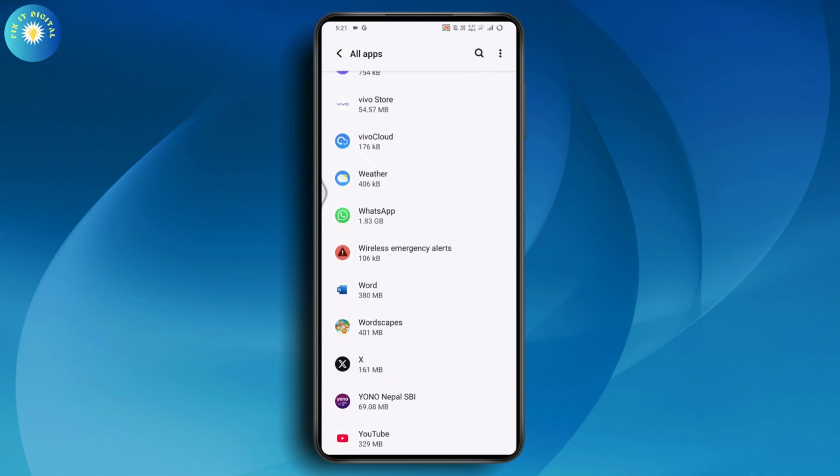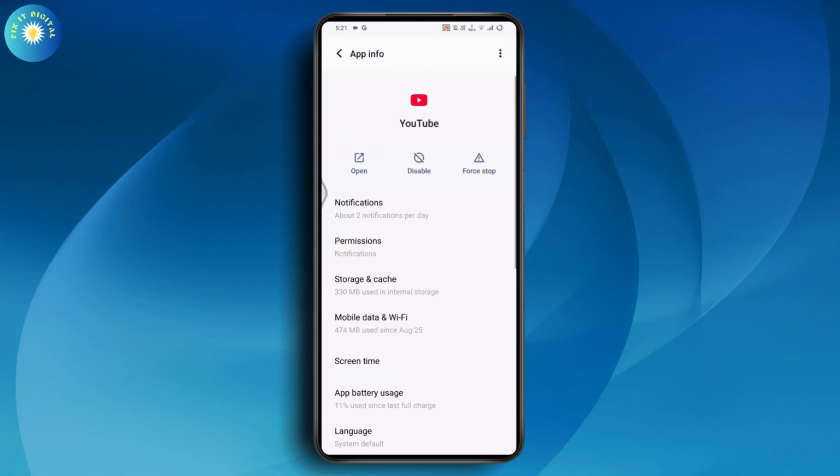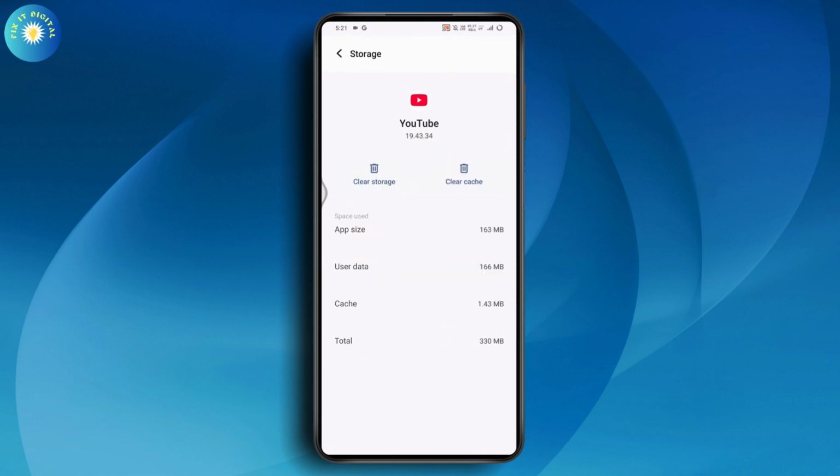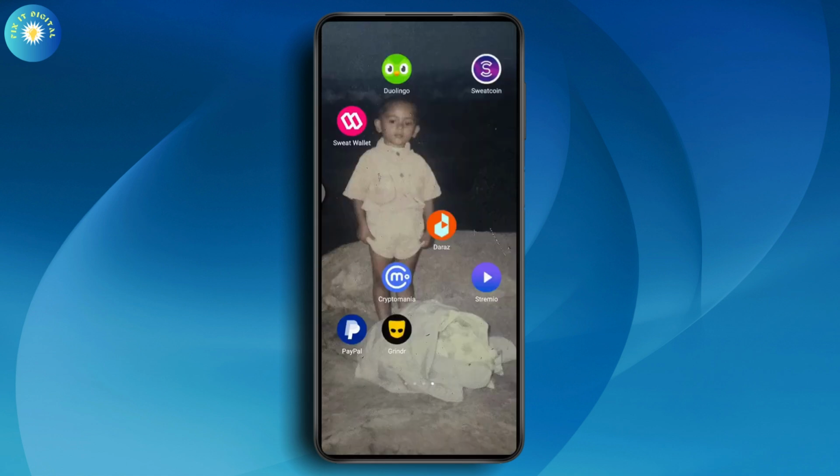So in my case, I don't have YouTube Vanced in my country. So I'll just show you an example by taking YouTube. So simply choose YouTube Vanced application. Once you choose YouTube Vanced application, you need to go with storage and cache and go with clear cache and also clear storage. Once you've cleared your storage and your cache, now you need to go back and make sure